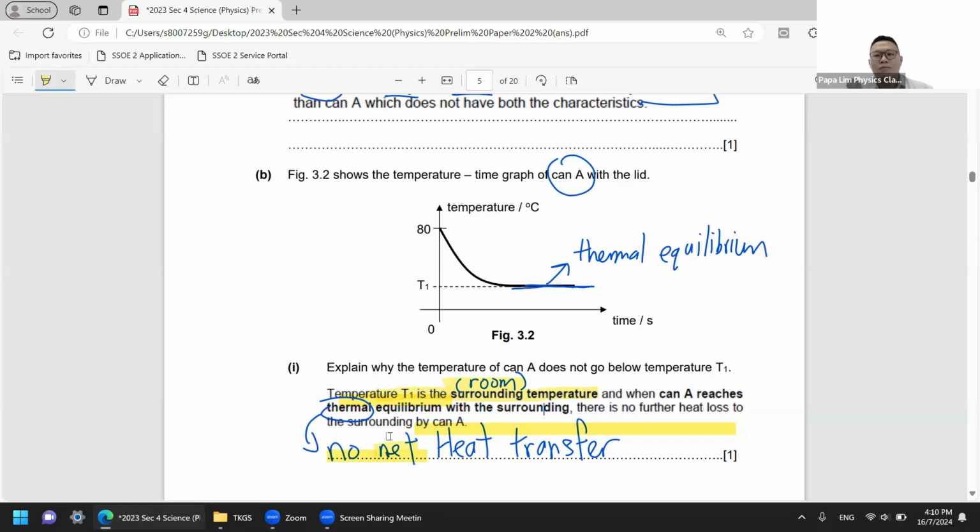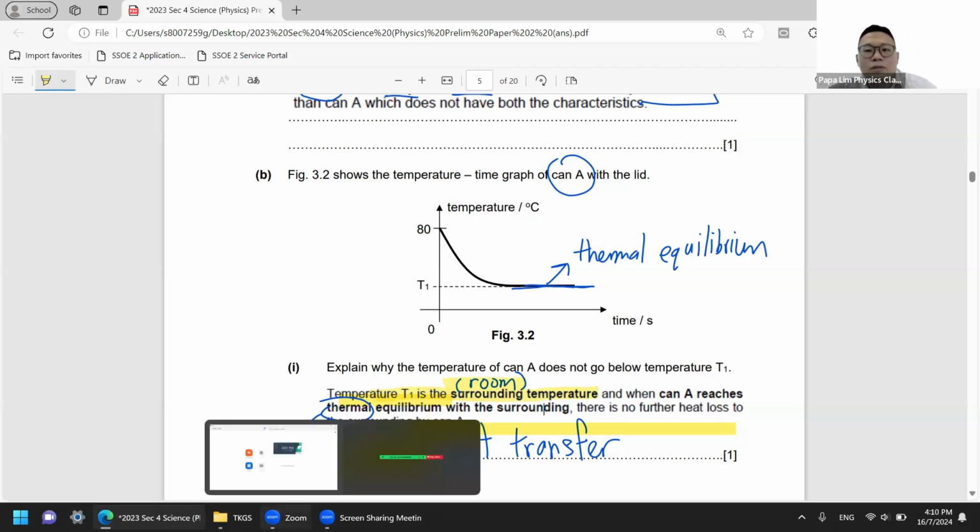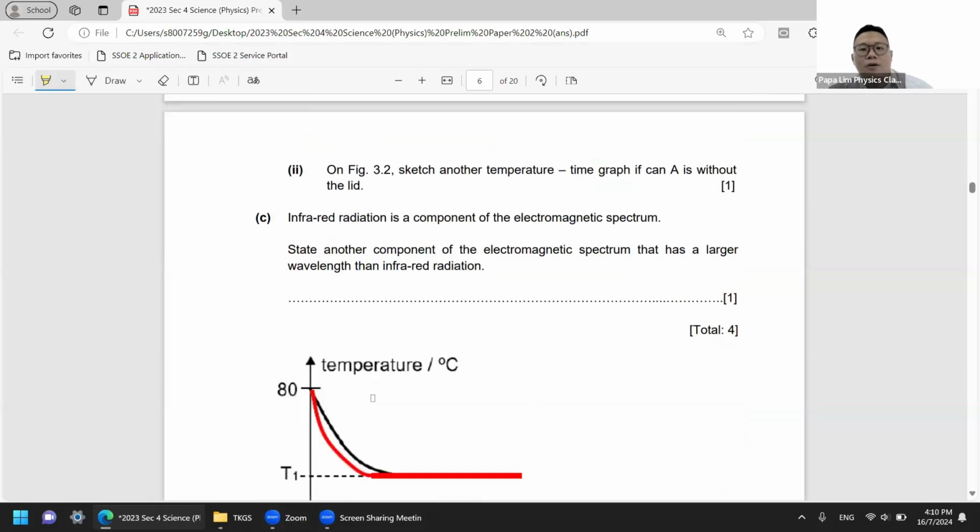So whatever is gained from one side is actually equal to the other side. Okay, so take note of the keyword. Sketch the graph of Chem A without the lid. Now without the lid, you must remember, means that there's room for evaporation, there's room for